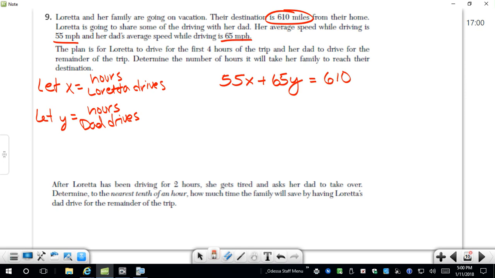Now, this is one of those ones that's a little bit more difficult because the next equation is given in terms of a relationship between the number of hours that Loretta drives and the number of hours that her dad drives. And it says that the plan is for Loretta to drive for the first 4 hours of the trip and her dad to drive for the remainder of the trip. So somehow we've got to set up a relationship between X and Y in which Loretta drives the first 4 hours and her dad drives the rest. So basically what we're saying, guys, is that after the first 4 hours, her dad is going to drive the rest, even though we don't know what the rest is yet. So let's say that Loretta's dad